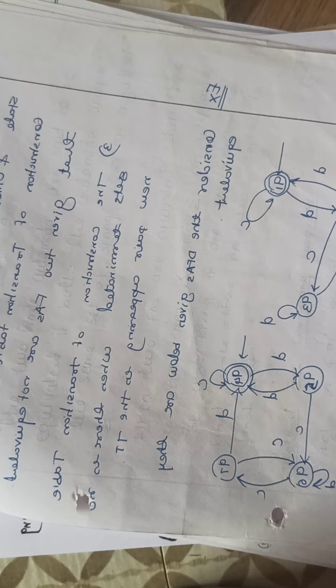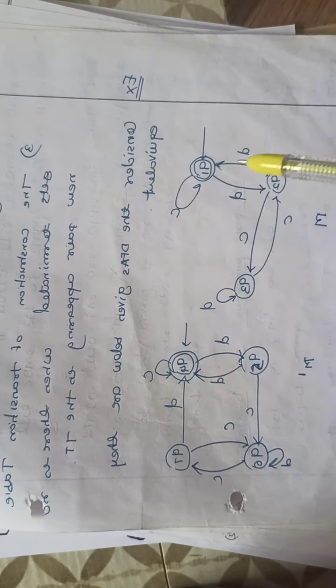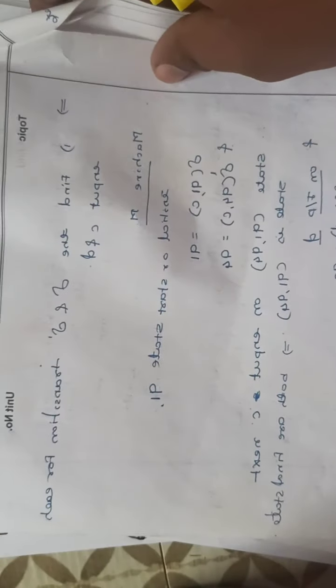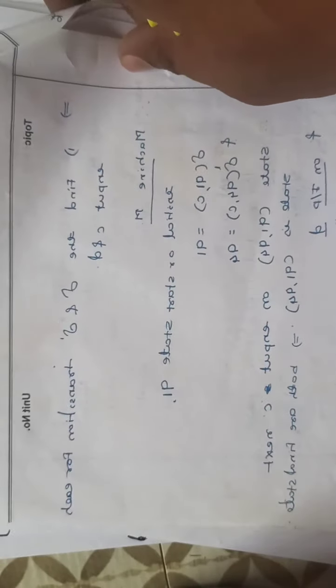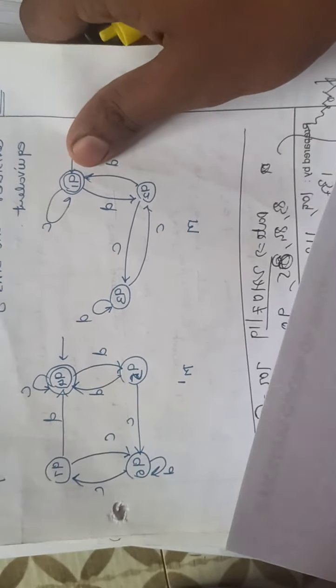Here you can see one example is given. Consider the DFAs given below and check whether they are equivalent. These two are the finite automata. Now we are going to check whether these two finite automata are equivalent or not. Then how to check it? First of all, we have to find the delta and delta dash transitions for each input, C and D. Here you can see the transition diagram is given. So we have to build the transition table depending on the given transition diagram.